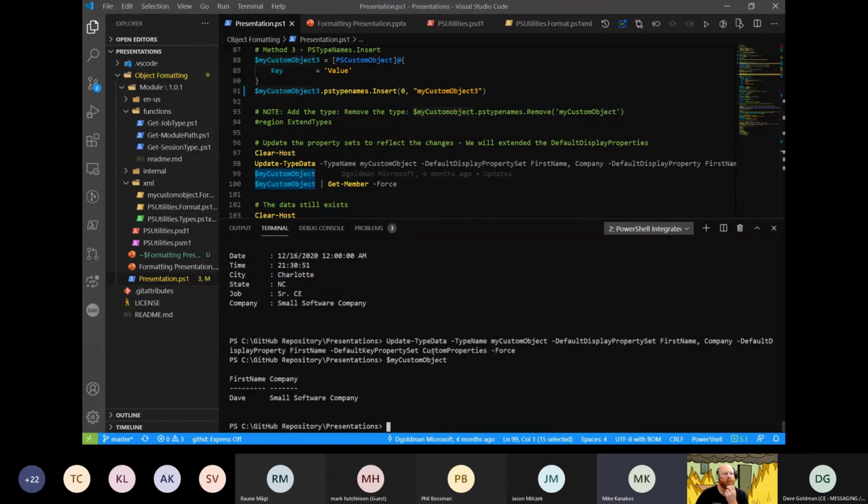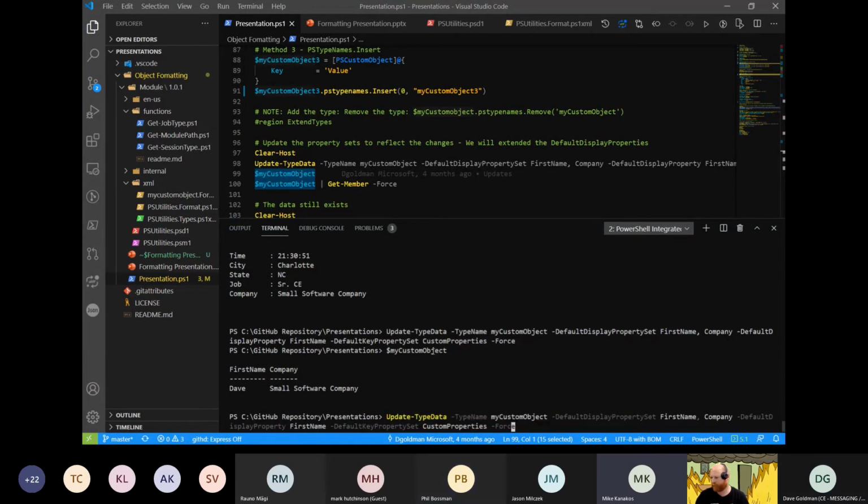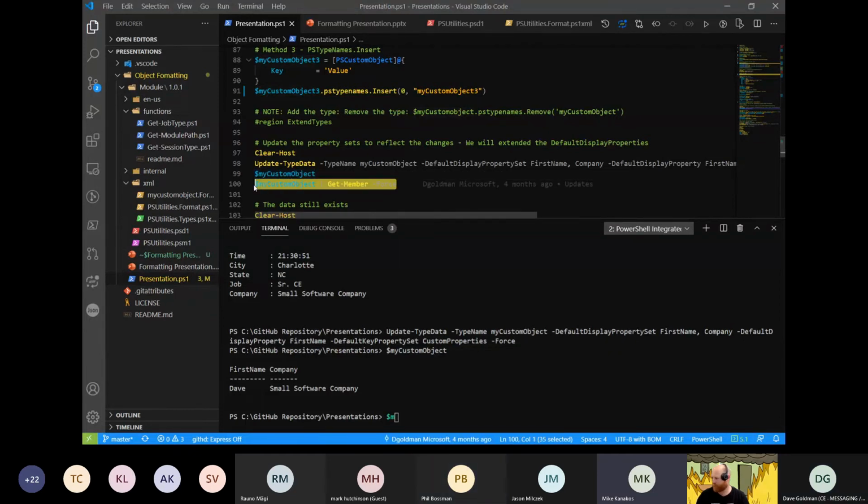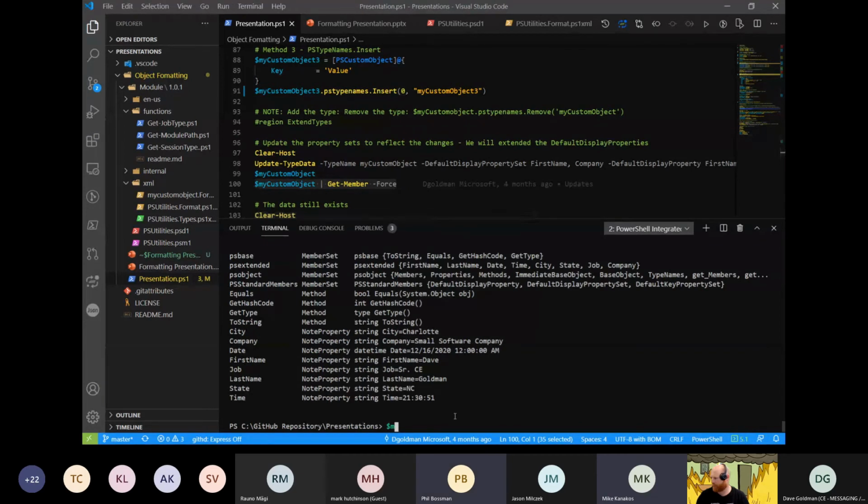So how would you get the rest now that you've created this custom view? It's all there, right? It's just hidden. That's what I'm saying. How would you get it to display now? Say, I know there's two. So you just select. Well, you can just add them back in.